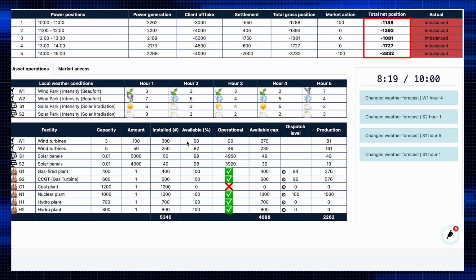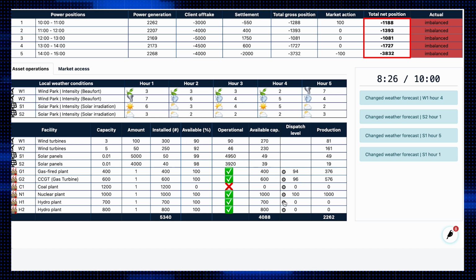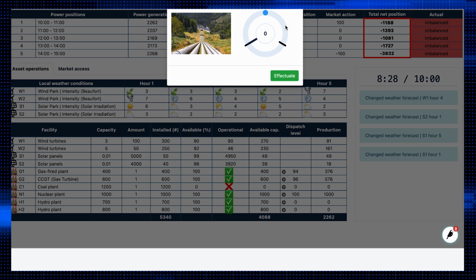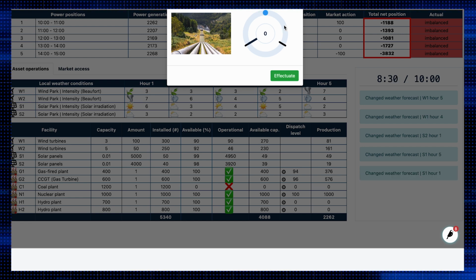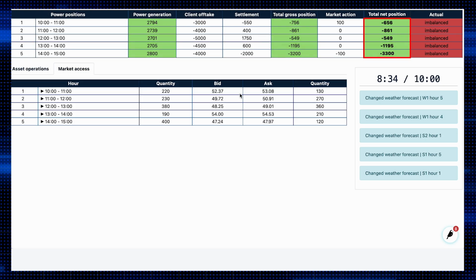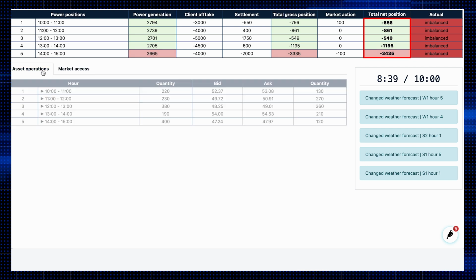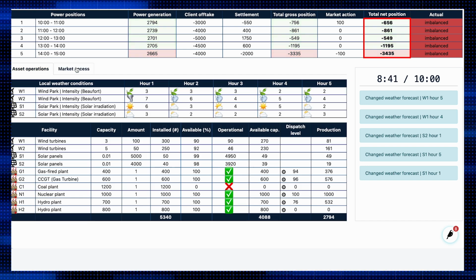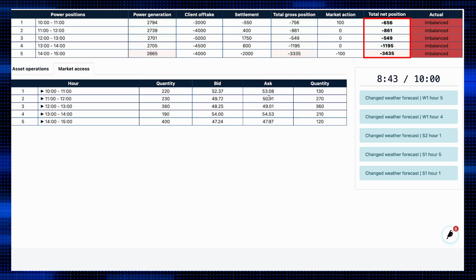Get set. In the end, you have to make decisions. Decide to start running your equipment or stop your assets from operating. Ramp resources up or down, and or enter the market to buy or to sell. And even though your task is primarily to balance volume-wise, when making decisions, also try to optimize financially, hence, also pay attention to prices. Good luck!